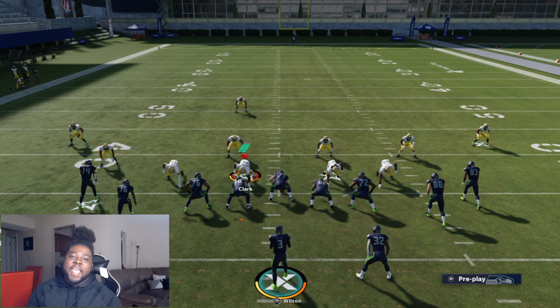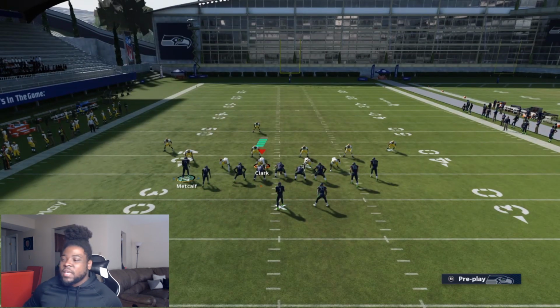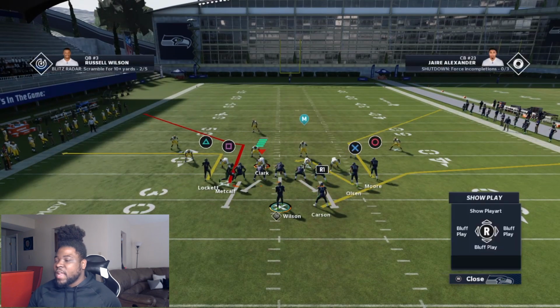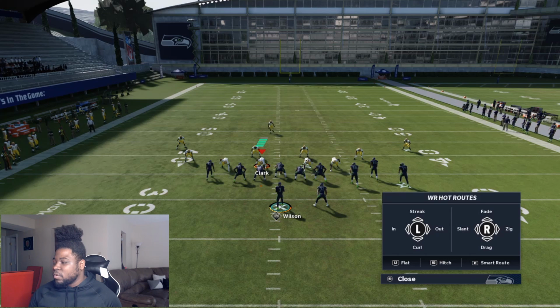So as you can see in the gameplay, it's going to just completely toast zone, and your opponent's going to have a really hard time trying to account for everything that you're doing. So one of the things I like to do to mix it up is I like to take square, motion him over, and I like to put him on a